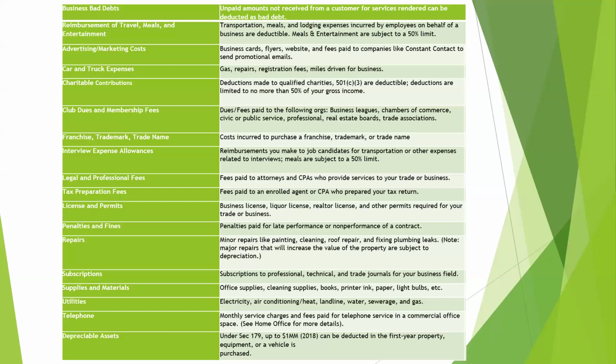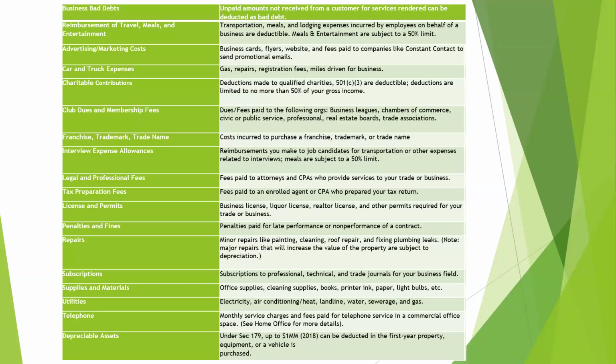Repairs. So I call it repairs and maintenance. Repairs is fine, obviously. This is things like painting, cleaning, roof repairs, plumbing, fixing, things like that. When you get into major repairs, like big assets, anything over $2,500 is usually about our standard. Then you can stick it in repairs, but odds are your accountant's going to need more information on that to